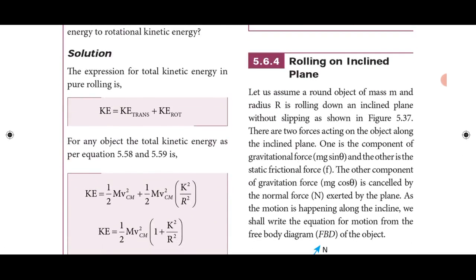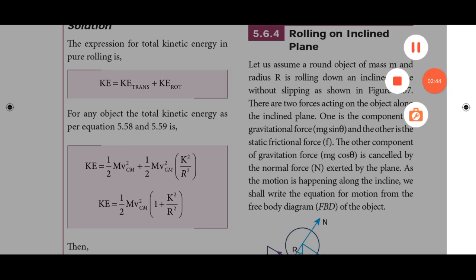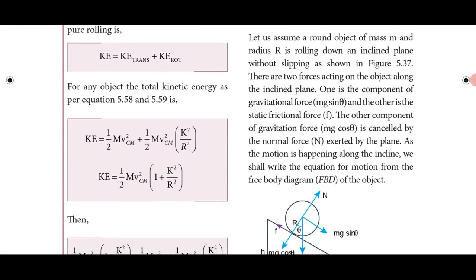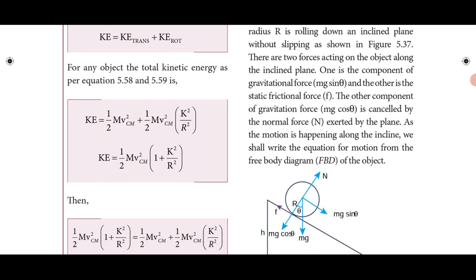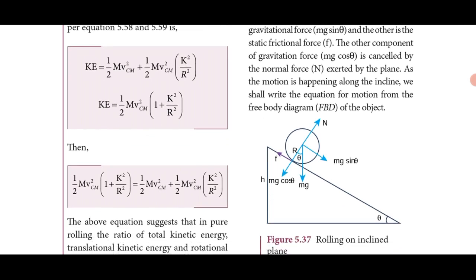Next we are going to see the last one, that is rolling on an inclined plane. Let us assume a round object of mass m and radius capital R rolling down an inclined plane without slipping. There are two forces acting on the object along the inclined plane. One is a component of the gravitational force, mg sin theta, and the other is a static frictional force F. The other component of gravity, mg cos theta, is cancelled by the normal force exerted